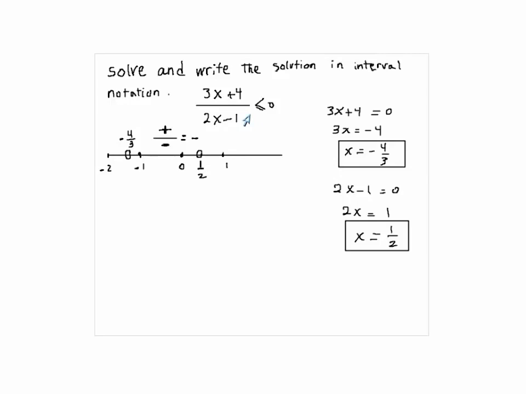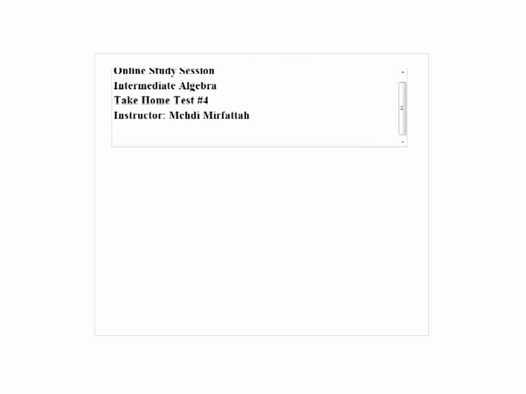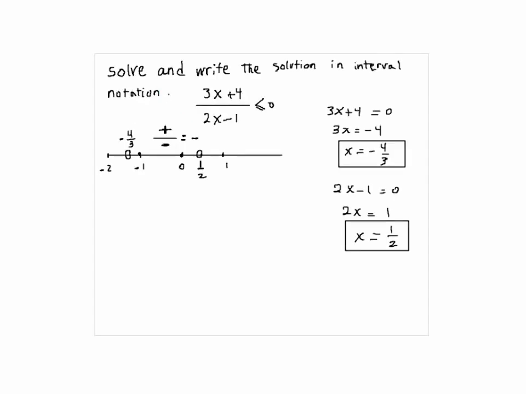So the solution then would be all the numbers in between minus 4/3 and 1/2, we'll say that's the solution. Since 0 checked out, that's how you can select the solution here. Okay. If you follow up to this point, can I see a check mark next to your name, please? Good. Now, the next set that I can check would be all the numbers to the right of 1/2, and